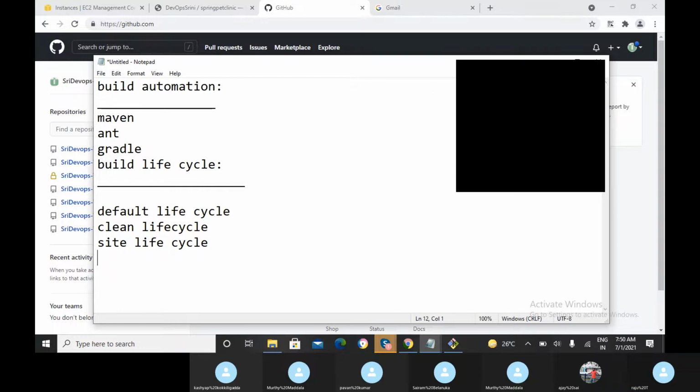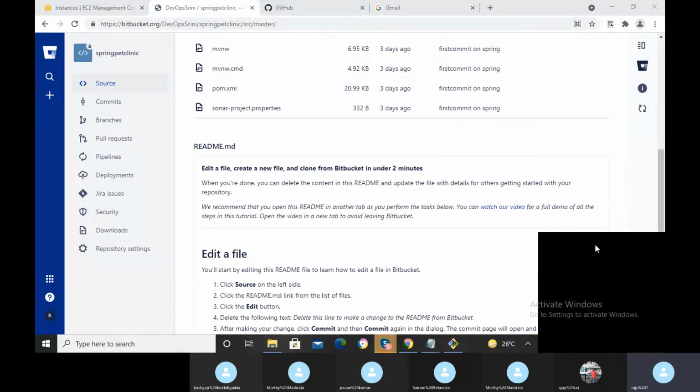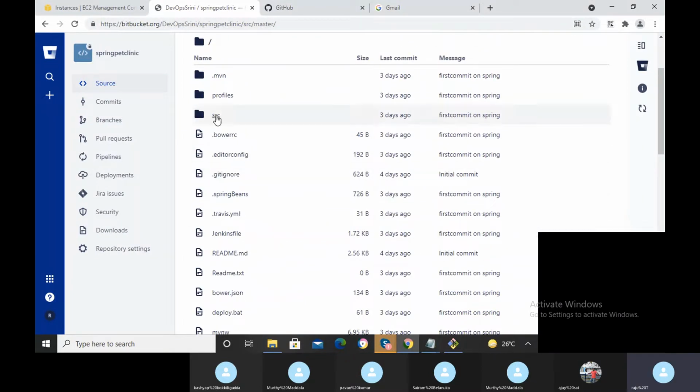So the build automation is nothing but how to build the process, how to generate the build. Observe very carefully, every build tool in the market works this way: you have source code at your repository, with different directories and files. Once the source code is available at the repository, how are these files understood by the build automation tool, and what is the prerequisite for the build tool to run this application code in order to generate the package